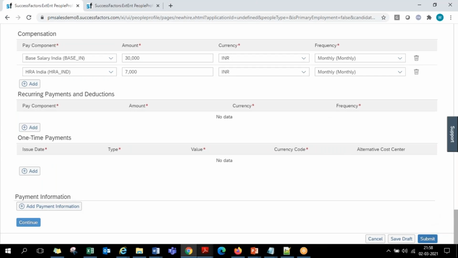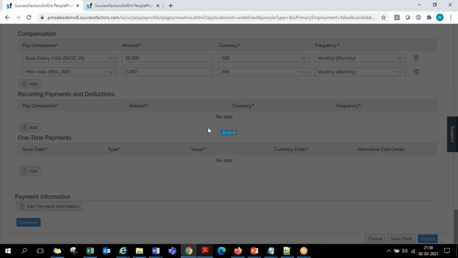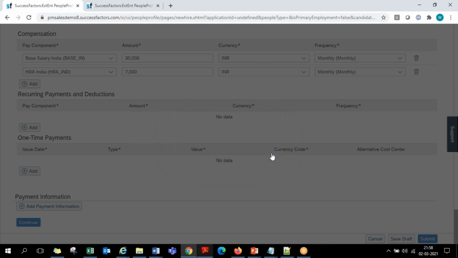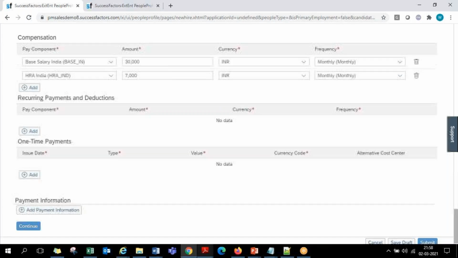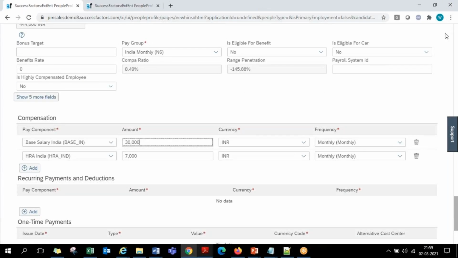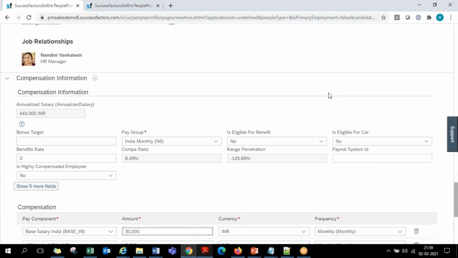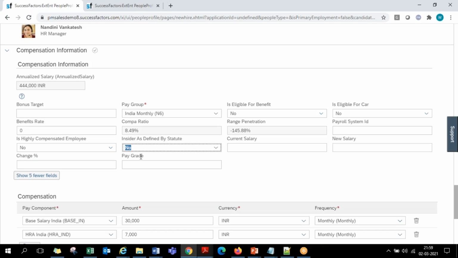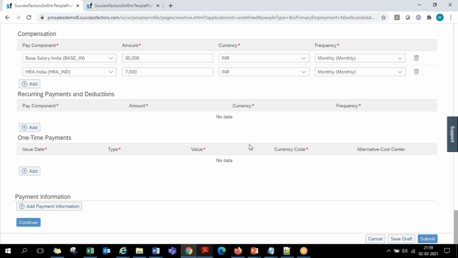I'm just facing some issue, guys. When I'm submitting, the system is throwing some error. I just have to check it. It's not saving. A component value cannot be empty. Where is it empty? It's entered. It's entered. Not sure, guys. So 5 more fields. There are no mandatory fields. Not sure. I'll just check that.